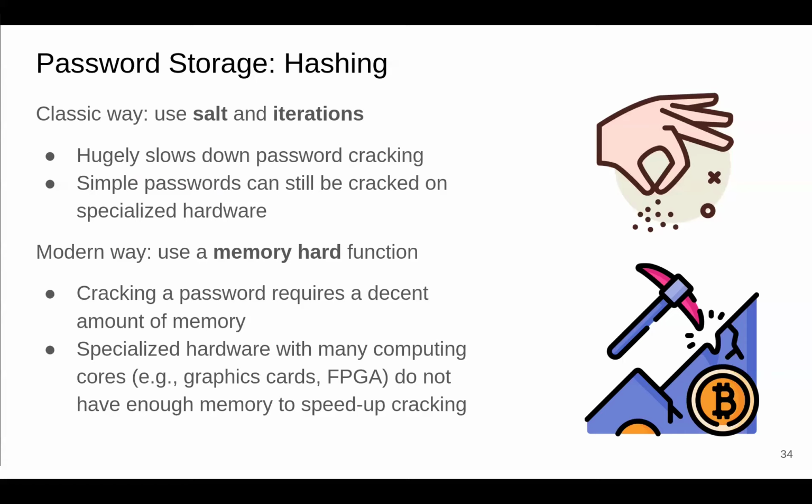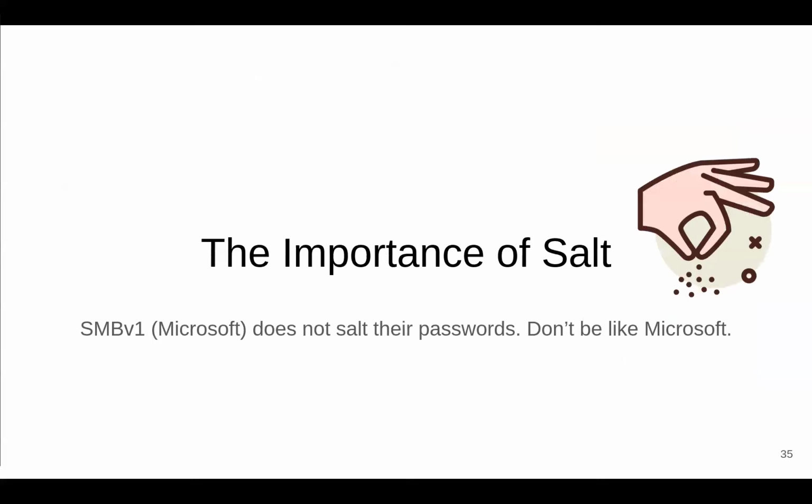Let's dive into this a bit and see what the background of this is. First, the importance of salt. Salt is key. It makes everything tastier. Old versions, for example SMB version 1, did not salt their passwords, which resulted in interesting breaches even in the late 90s, when computing systems became powerful enough to break this. What Microsoft likely didn't consider when they shipped it, was that this was good enough then, but then Moore's law caught up, and it was not future-proof enough to protect against ongoing attacks.